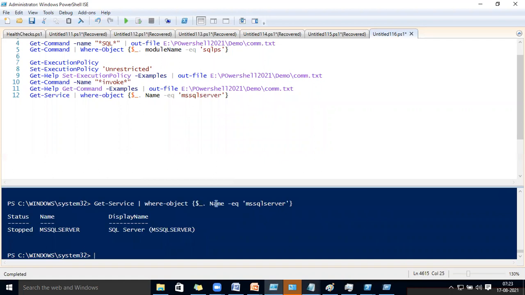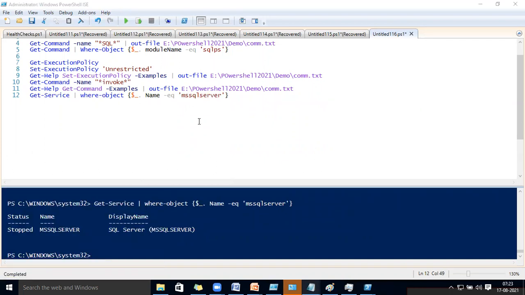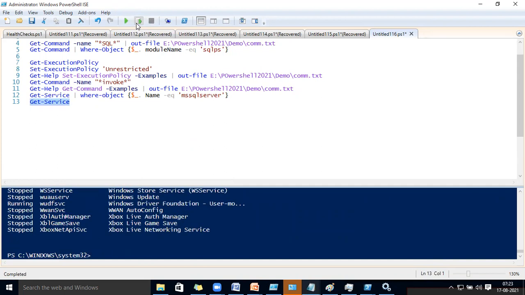It is already stopped. So can you repeat one more time? What is that dollar and dash? What does that mean? One second. Dollar dash and this one dot? You know get services, right? That command, if I run get services, you can see the result here. So get services means all services running on the server, right?